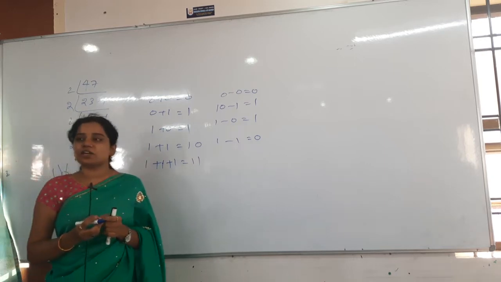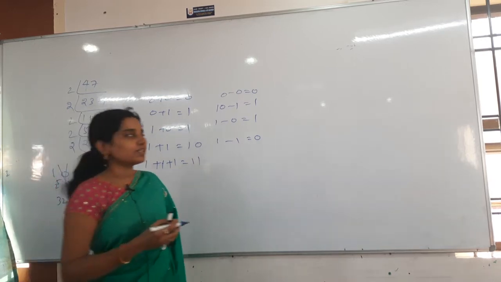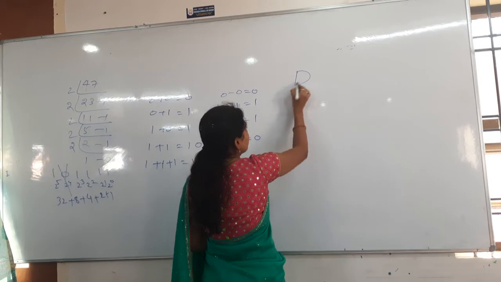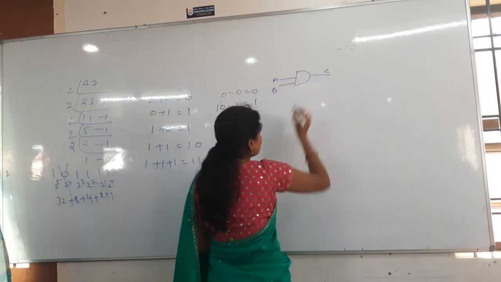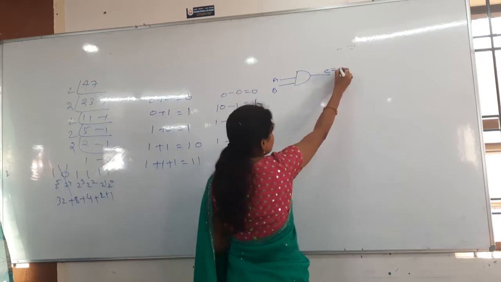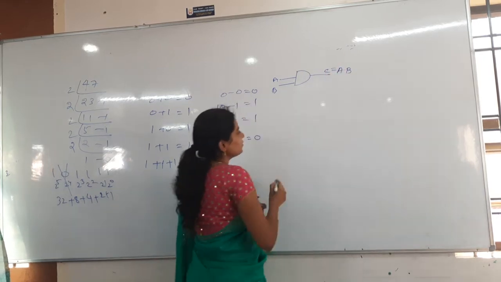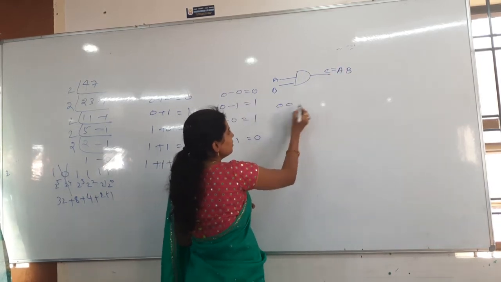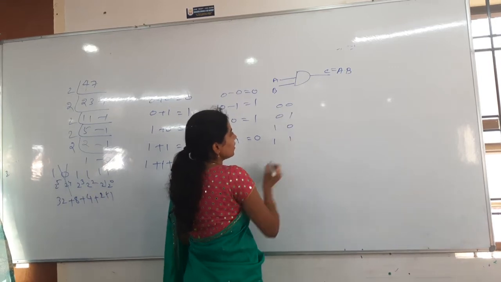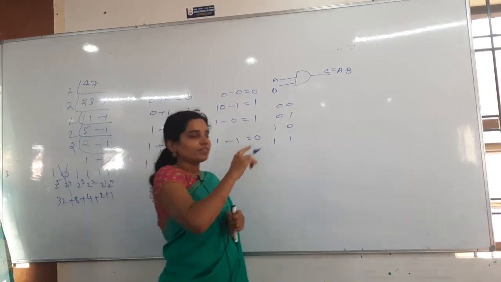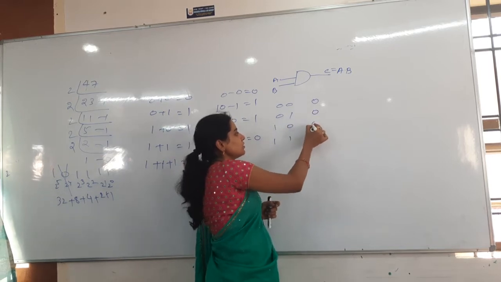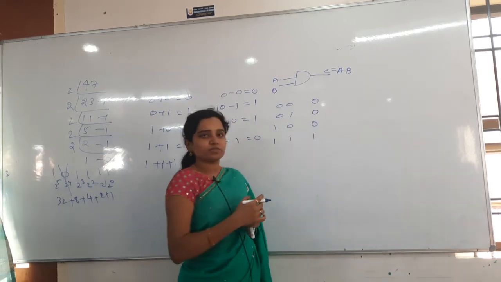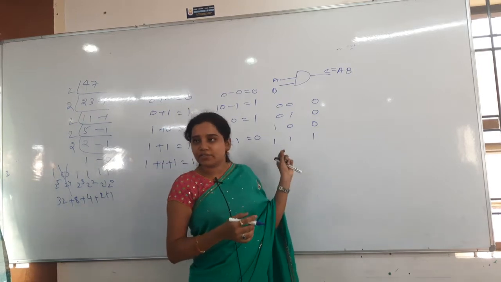After that we have discussed the logic gates. For the AND gate, the symbol is like a D. Like this it will be there. 2 inputs will be there, A, B and then output is C here. What is the Boolean expression here? C is equal to A dot B. So 0 0, 0 1, 1 0, 1 1, these are the inputs we had. Then 0 into 0 is how much? 0. 0 into 1 is 0, 1 into 0 is 0, 1 into 1 is 1. That is about the AND gate we have discussed.